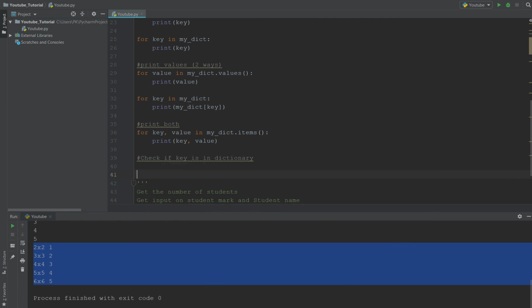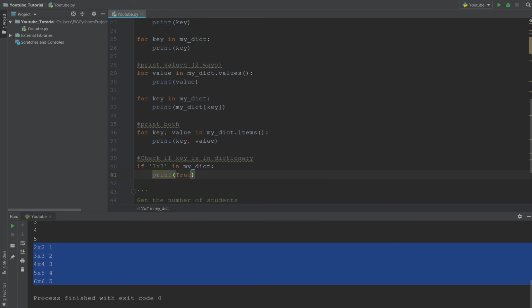Check if keys are in the dictionary. Just use a simple if 7 by 7 is in. You could use the in. I didn't talk about that. Yeah, in is really useful. We'll go through a little bit more advanced if statements maybe in the next video. That's a good topic. If it's in my dict, and then print